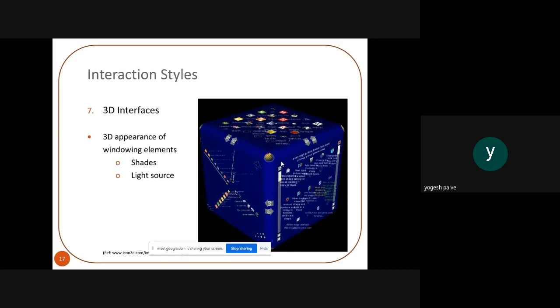So the user will interact with such kind of application in a user-friendly manner. Nowadays, if you see, there will be some gaming or some kind of application which will have 3D interfaces applied over there. It will be very popular and a lot of people use this particular application.